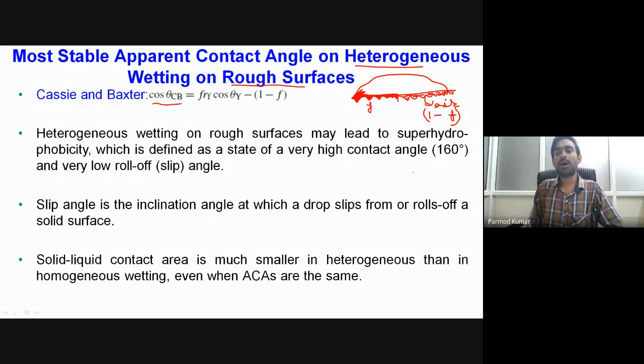Now, what will happen if we have air filled inside our grooves? If we place a very small droplet over this type of surface, the droplet sitting on the thin layer of air will be of spherical shape. In that case, our contact angle theta y2 is equal to 180 degrees.